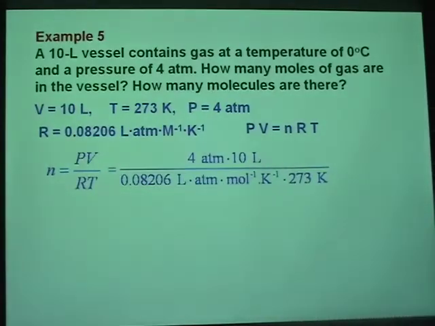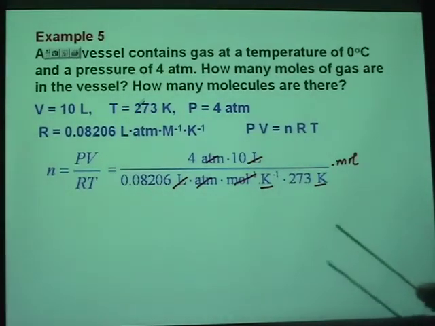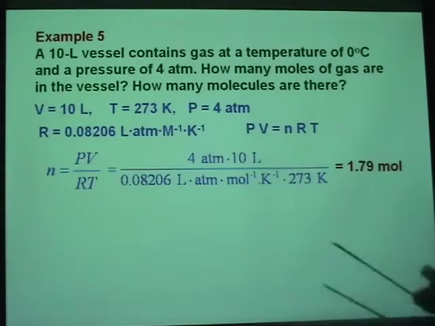Let me go to the whiteboard. Now, watch this. Liter and liter will cancel. Atmosphere and atmosphere will cancel. And look at the denominator. Per Kelvin cancels with Kelvin. And per mole will go up to become moles. So n, measured in moles, will be your units. And what does that give you? To calculate that, I told you that you must do these calculations along with me. That gives you